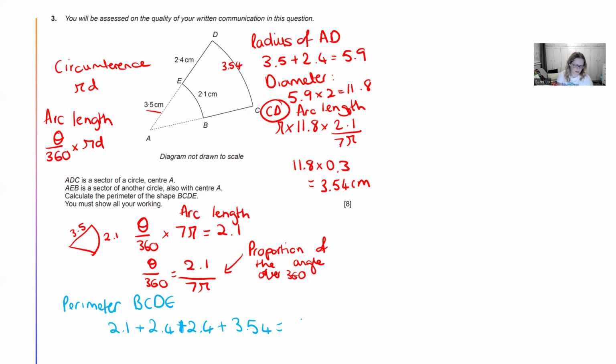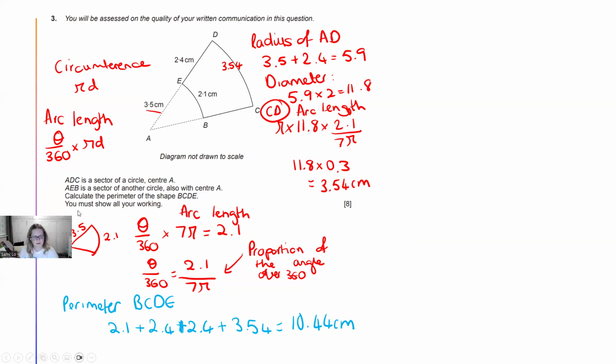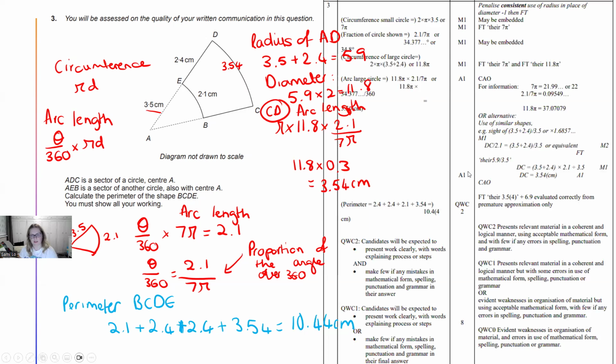6.9 plus our 3.54 is 10.44. And again, it's a perimeter, so make sure you got the answer at the end there. I'm going to move myself over to this side. And I've written all over the answers, which I was trying my best to do, but it's fine, we can